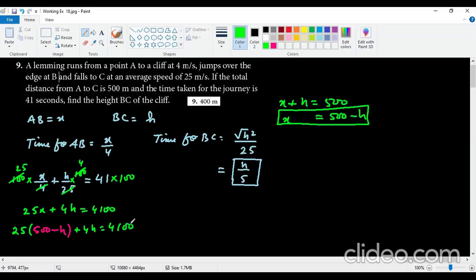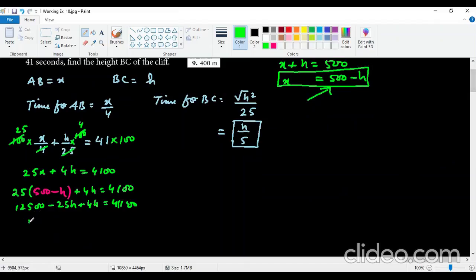So this value of x is taken from here, remember this, and this is going to give us 12500 minus 25h plus 4h equals 4100. So when calculating all this, it's going to give us 12500, and 25 minus 4 is going to give us minus 21h